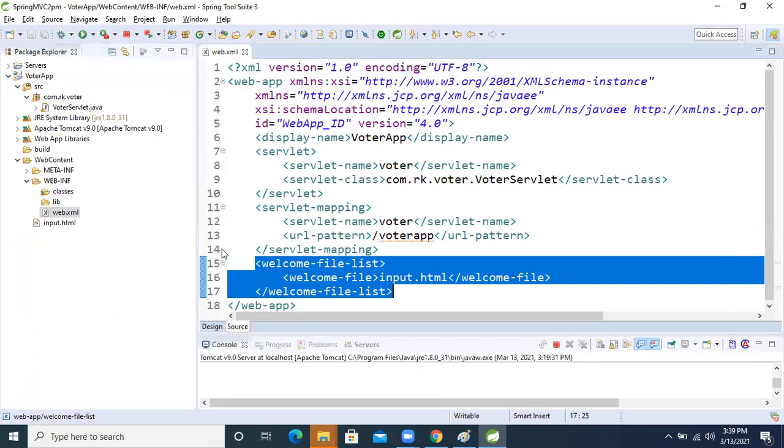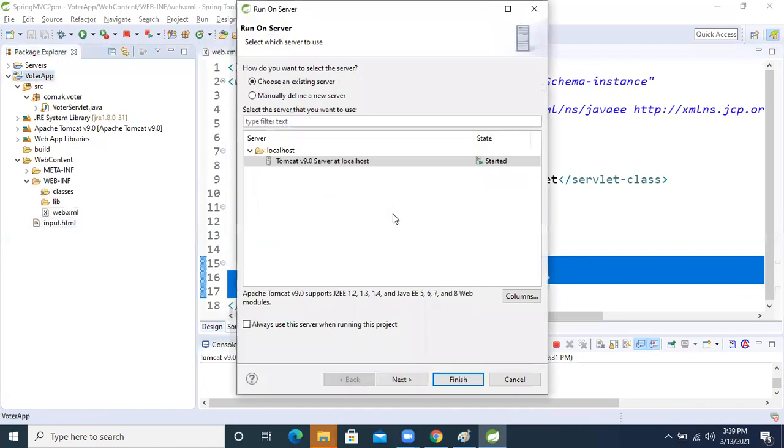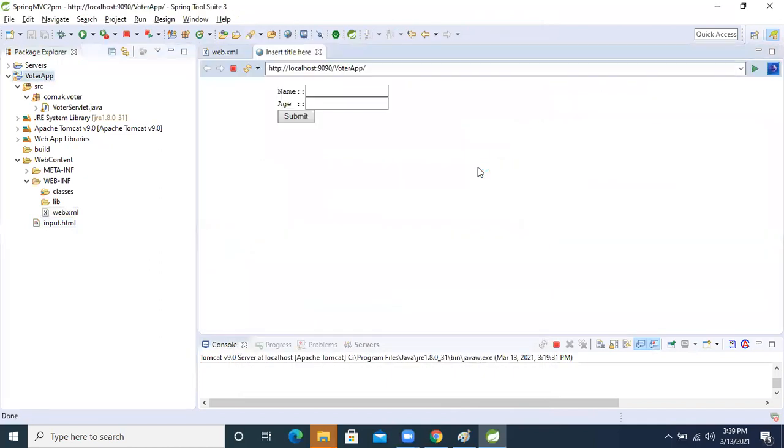Based on that, our container presents this input form. Now we run the application. Come to the browser.